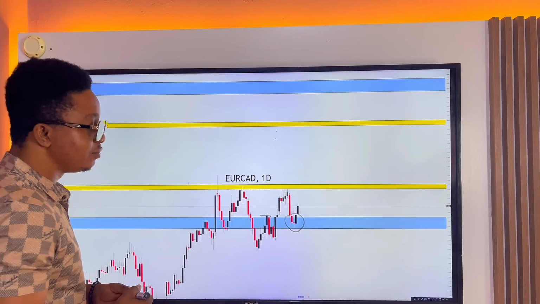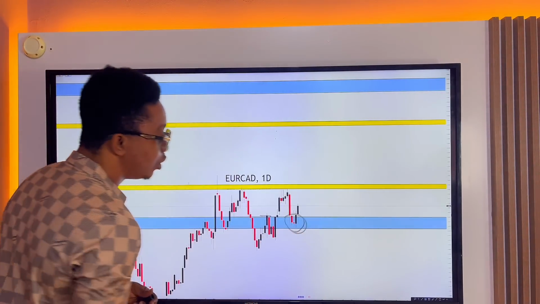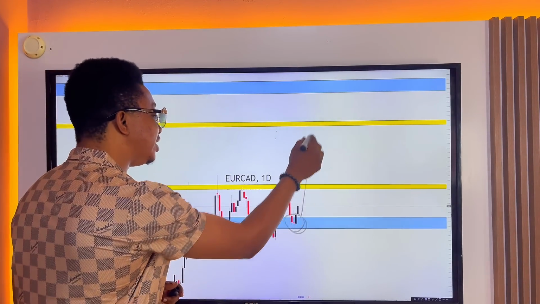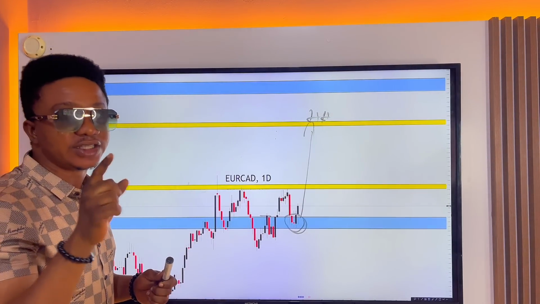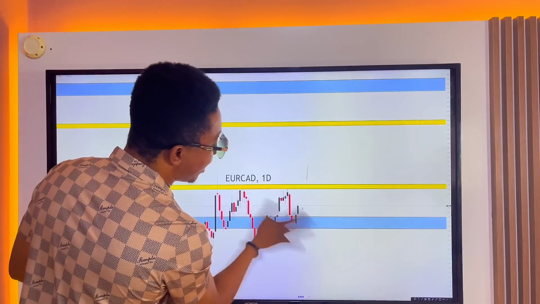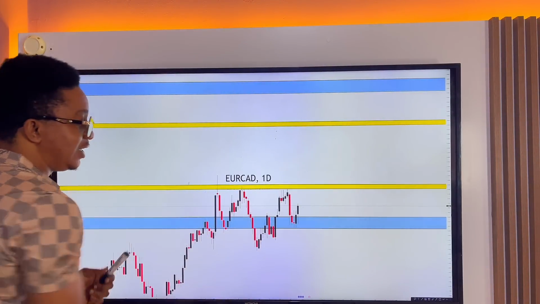What is a morning star candle confirmation? It is a reversal candle. So price will definitely see more buy pressure here and continue to hit the resistance level that we described on the weekly time frame. All right, so now that we understand the daily also very clearly, let's take it further